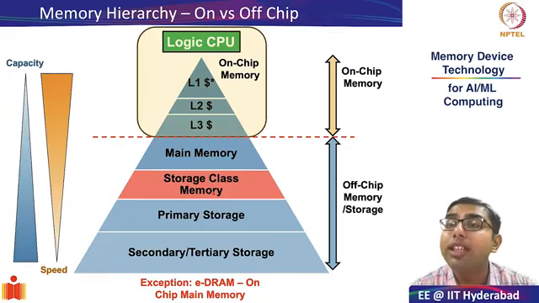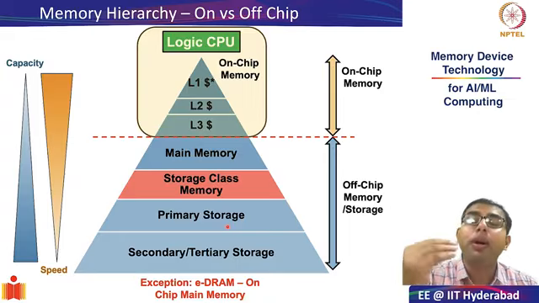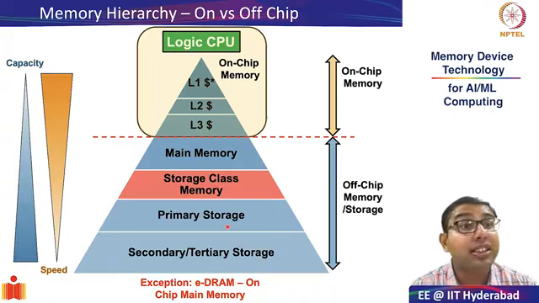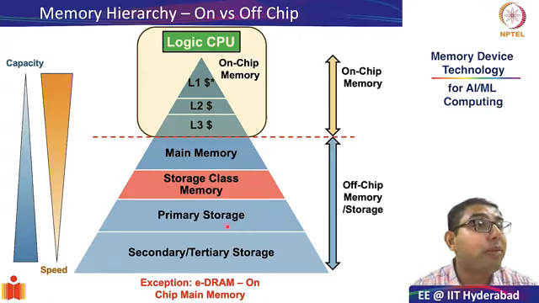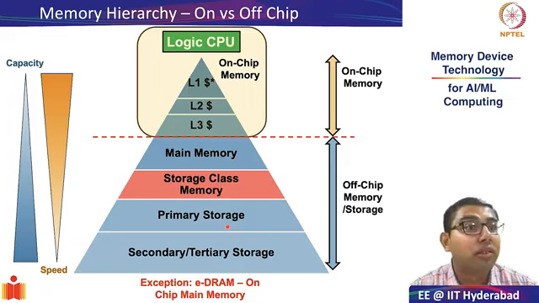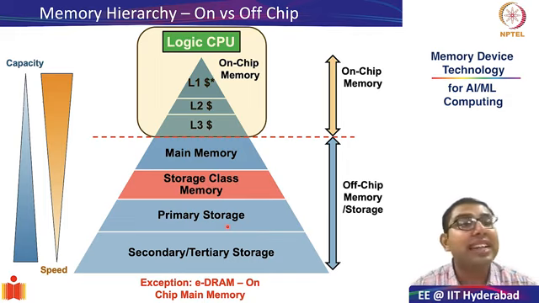Then there are storage class memories, which I have kept in a different color to indicate that they will be upcoming in the future, and your primary storage, which consists of NAND flash, which is also off chip, even compared to main memory. In the second module, when we look at some practical examples of memory hierarchy, such as in modern-day mobile phones or modern-day computers like my own MacBook, you will see that the boundaries of on-chip and off-chip memory are not as fixed as I have tried to show in this slide. It is a more generic